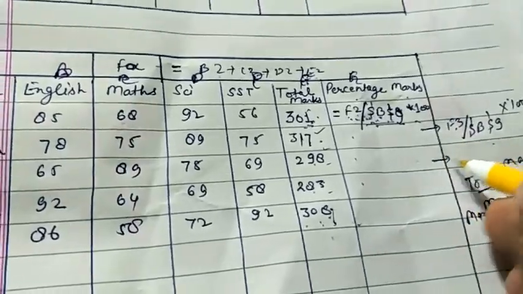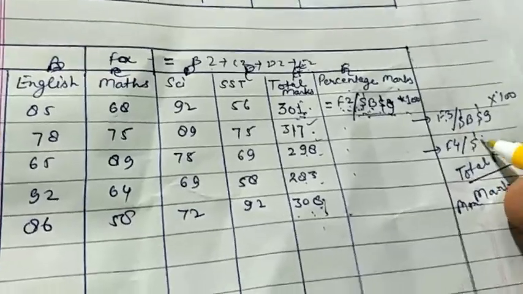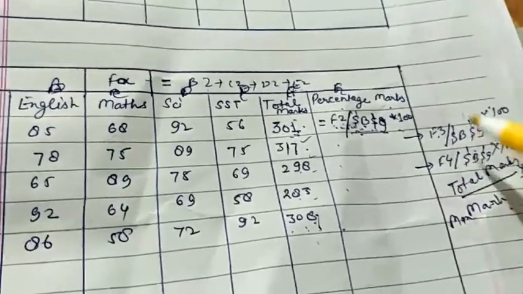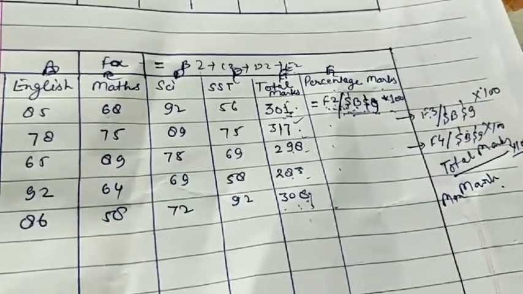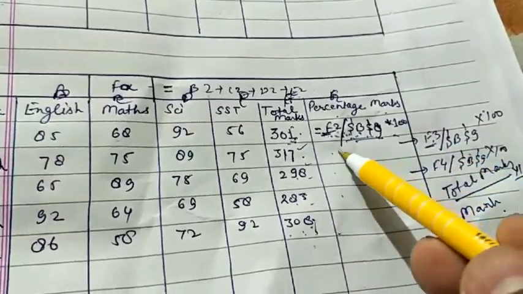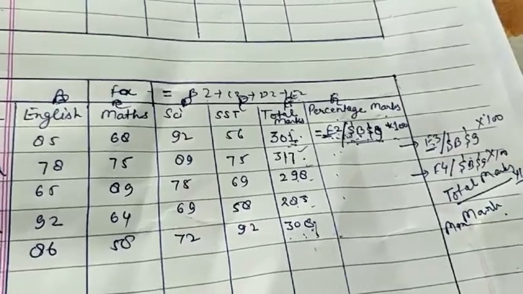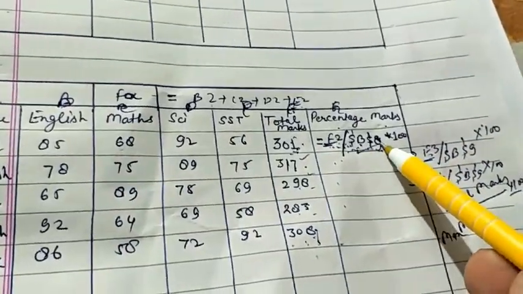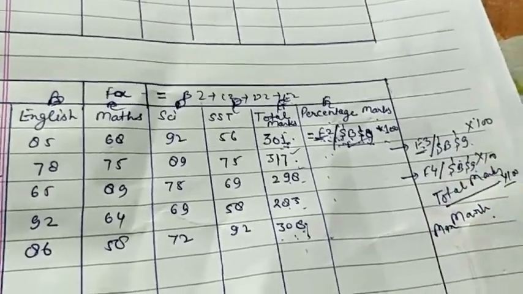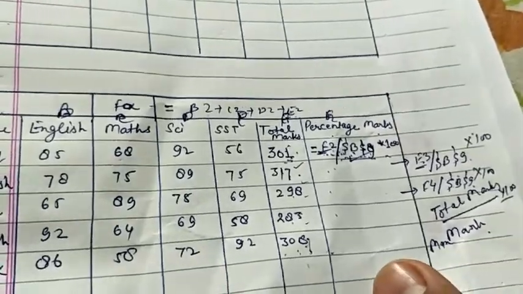Okay, now the formula will be displayed here, F4 divided by $B$9 and into 100. So in this way absolute reference will work. In relative reference the value will be changed, F2 then F3 then F4 and then F5, and so on. But in the case of absolute reference the value will be fixed, B9, B9, B9. It will not change. That is the use of absolute reference. Got it?